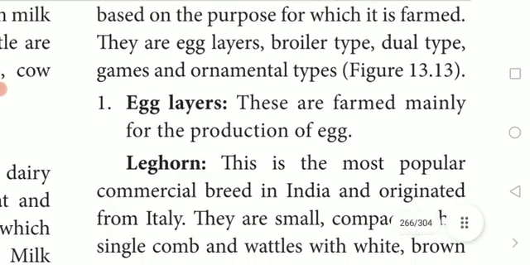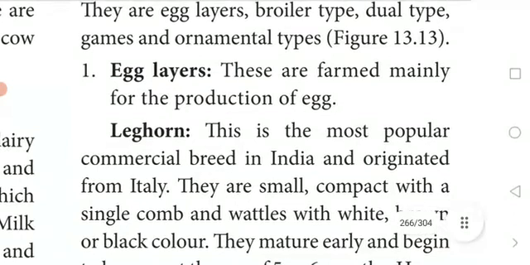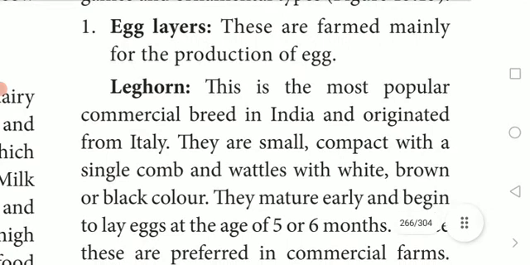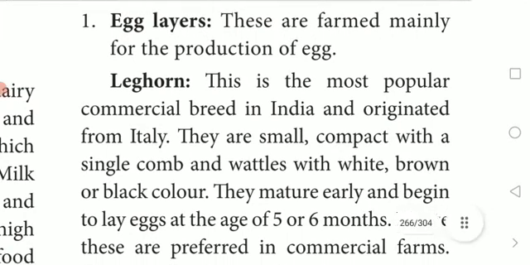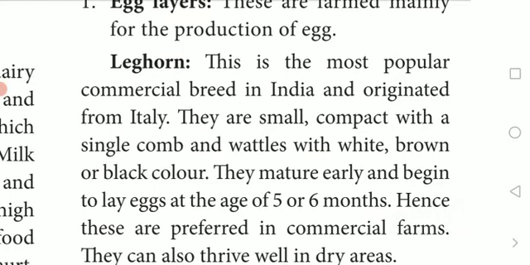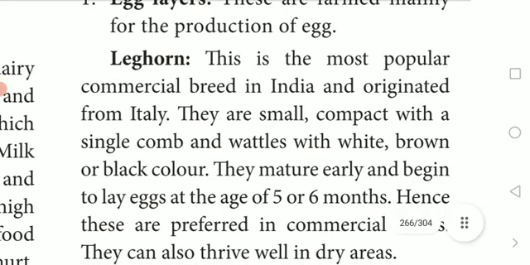What are egg layers? Just underline. These are farmed mainly for the purpose of production of eggs. The example given is Leghorn. It is the most popular commercial breed in India. It originated from Italy. Underline. They are small, compact with single comb